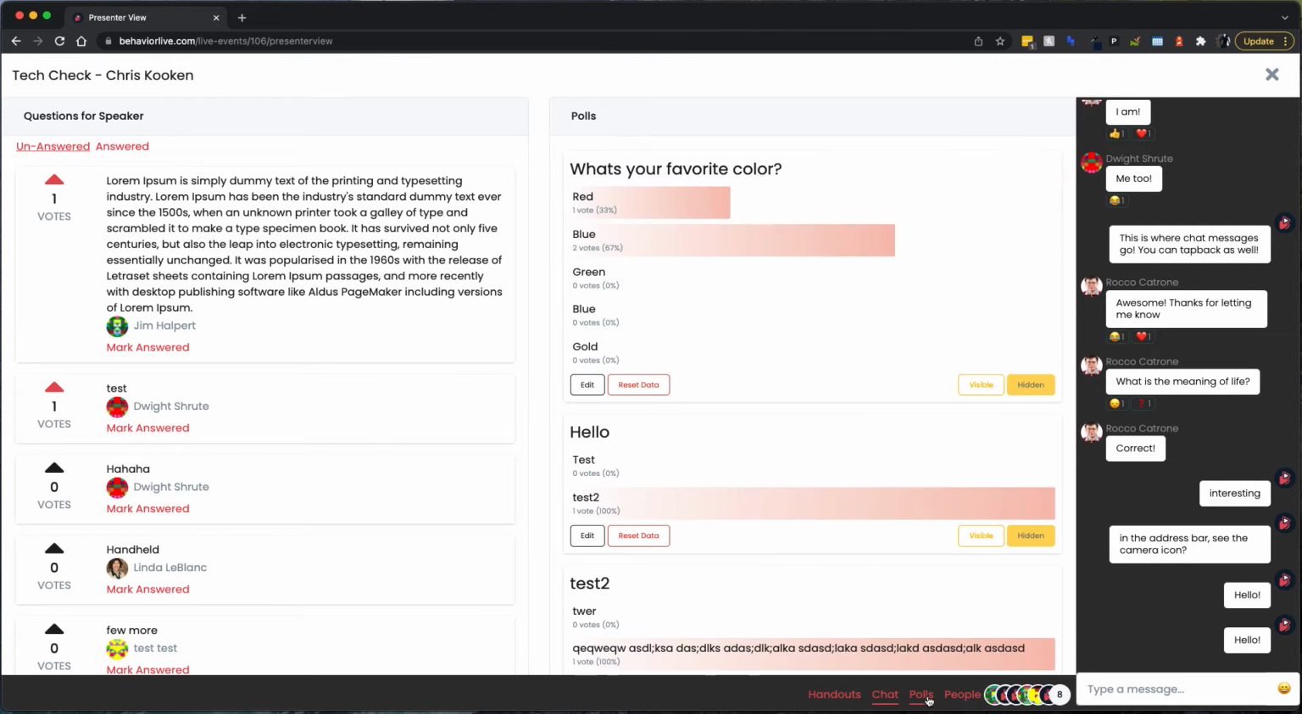All right, the next tool that I'm going to show you is polls. If you've ever presented on Behavior Live before, we've always had polls, and these are the same polls from an attendee's perspective, but you can access those polls from this presenter dashboard here. So you can set all your polls up ahead of time, and then you can make them visible and hidden